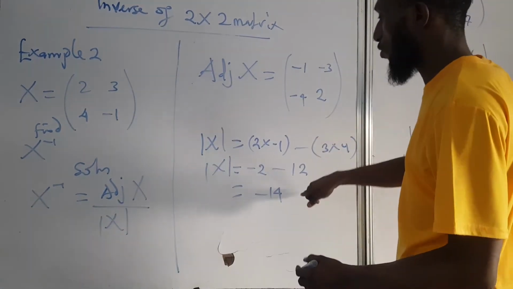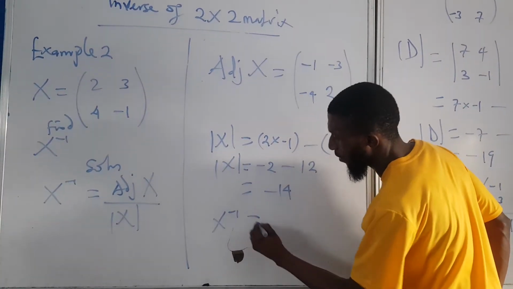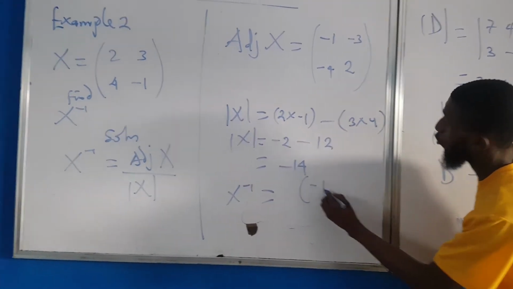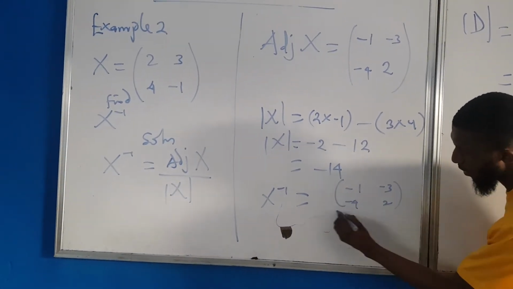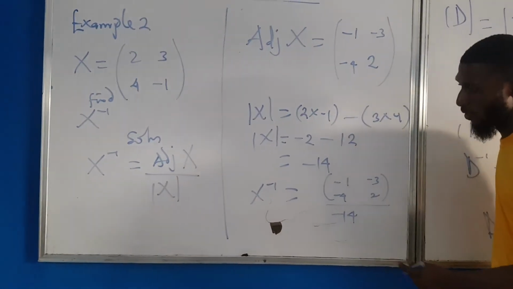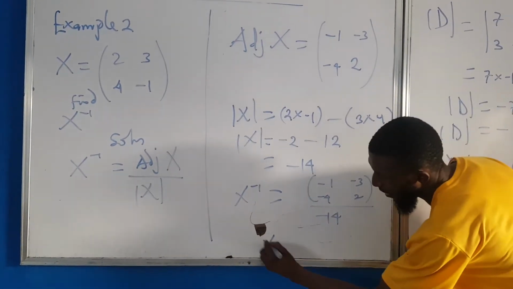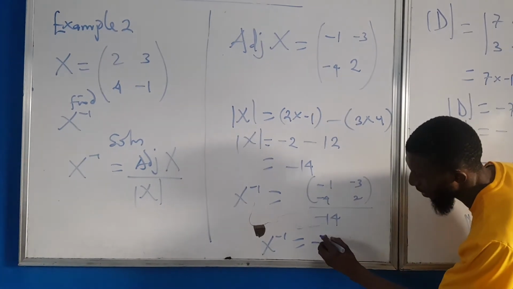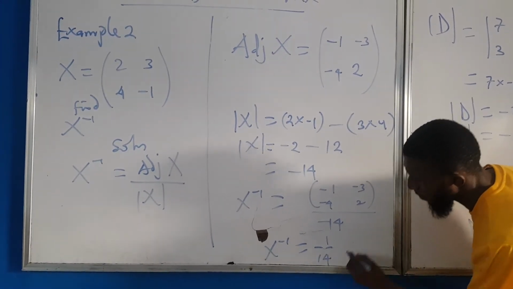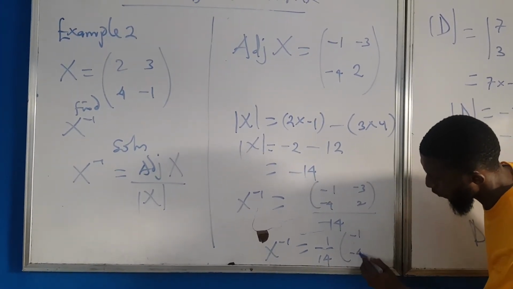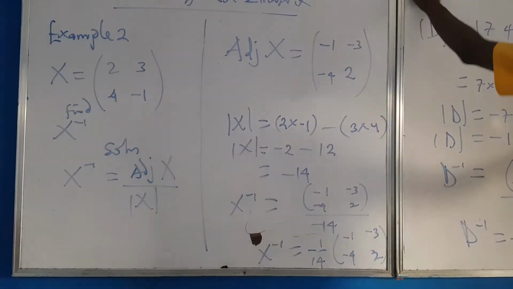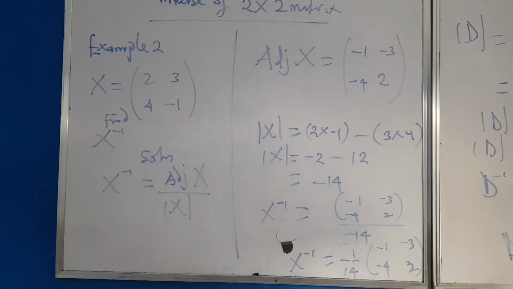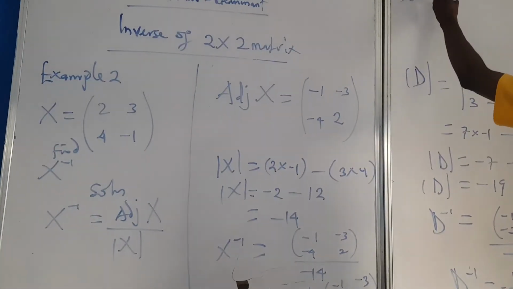And then if we solve this one together, we have our X inverse equals minus 1, minus 3, minus 4, 2, everything over minus 14. Then we can bring it to the side. We have this one, minus 14, is written as minus 1 over 14 in brackets: minus 1, minus 4, 3, 2. If you use it to open the bracket, you have X inverse equals